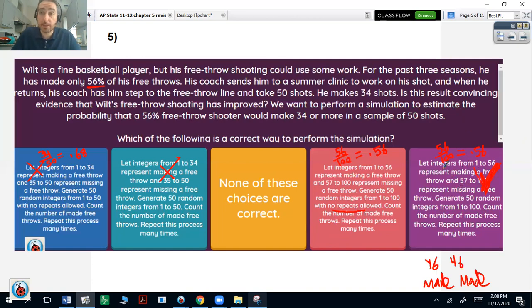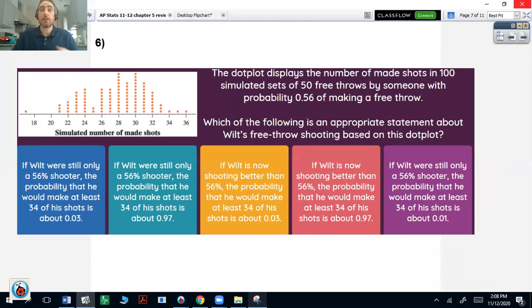Now let's look at the next question. The dot plot displays the number of made shots in 100 simulated sets of 50 free throws made by someone with probability of 0.56 of making a free throw. What's an appropriate statement about Wilt's free throw shooting based on the dot plot? If Wilt were still only a 56% shooter, the probability that he would make at least 34 of his shots is about 0.03. So in other words,